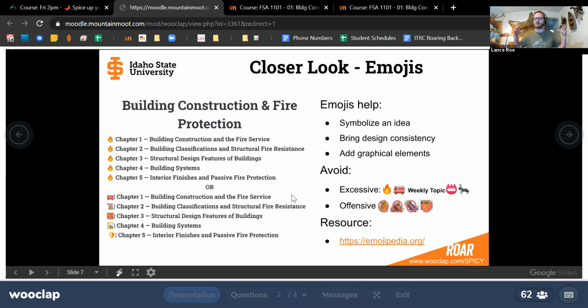And you can see in our course specifically, the Spice Up Your Moodle Life, I added emojis to the different topics as well, so that's an option. Things to be aware of when you're using emojis in your course, just like if you're